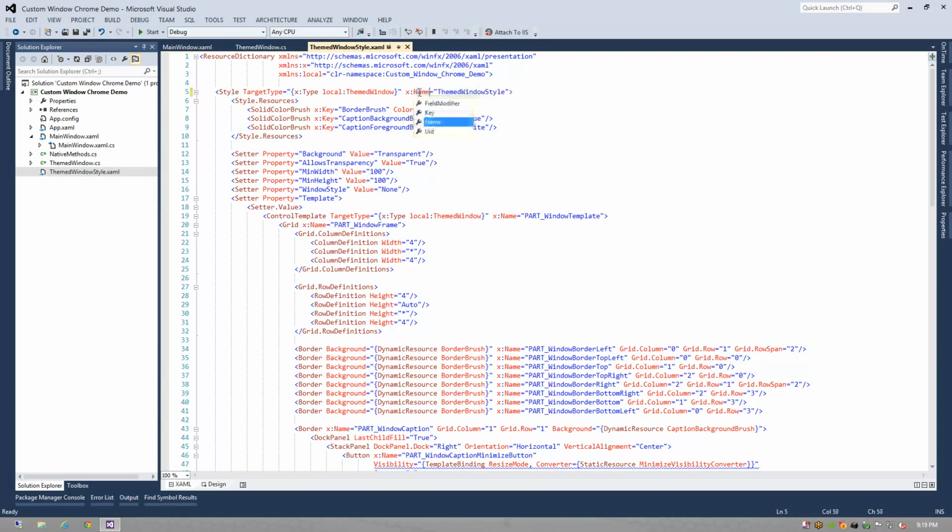We needed previously, I actually paused the video, I had this set as X name. On our style, this actually needed to be X key. That was the problem. So it couldn't find the control template for our window style. So now that we have that corrected, the next error that was actually going to happen is we did forget